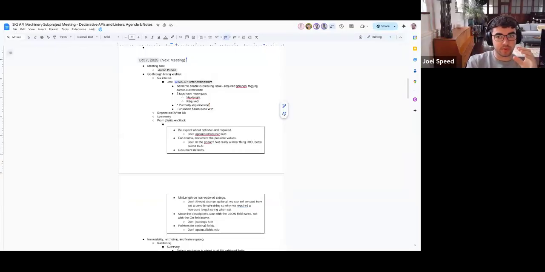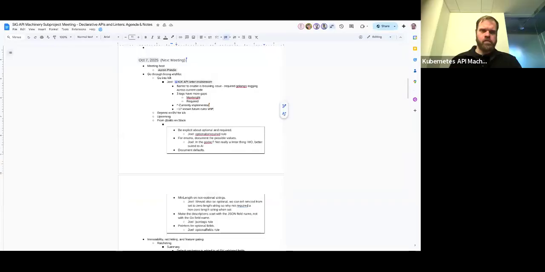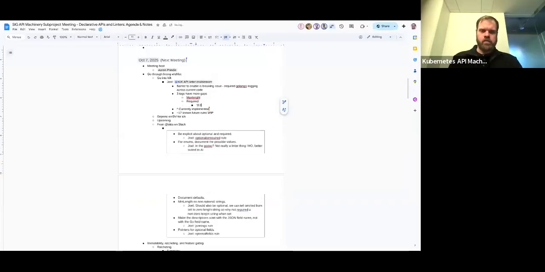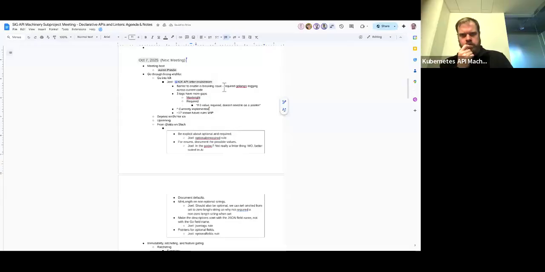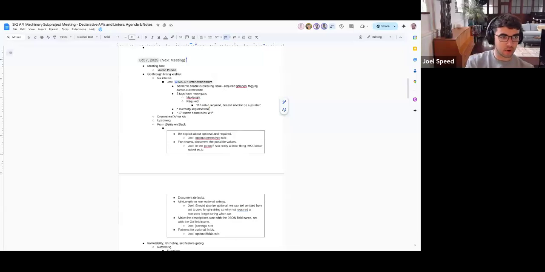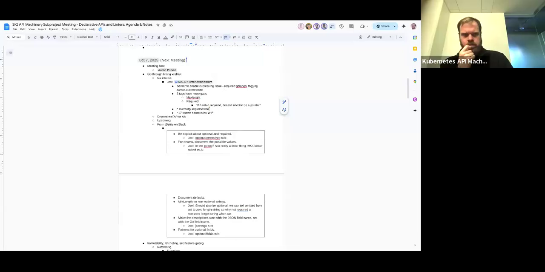For CRDs, we can look at the markers. So we could say, kubebuilder validation minimum value is 1 for an integer, so we know that the zero value is not going to be valid. So we know absolutely that if we see 0 there, the user hasn't specified it.